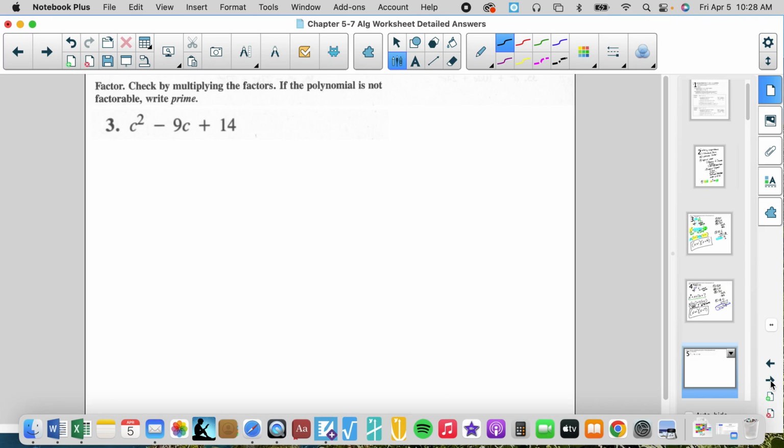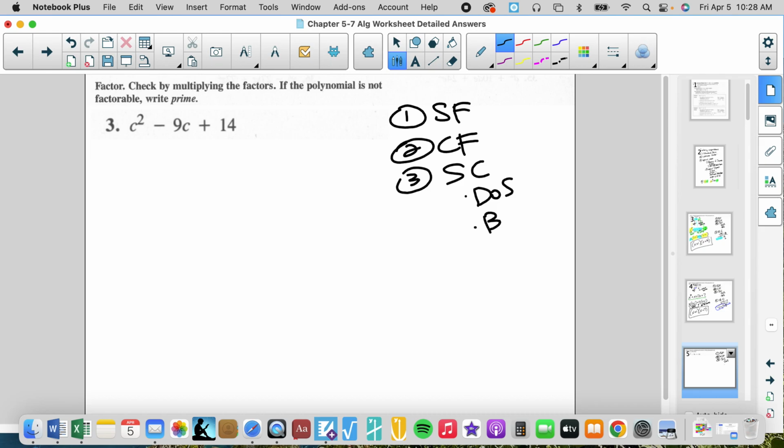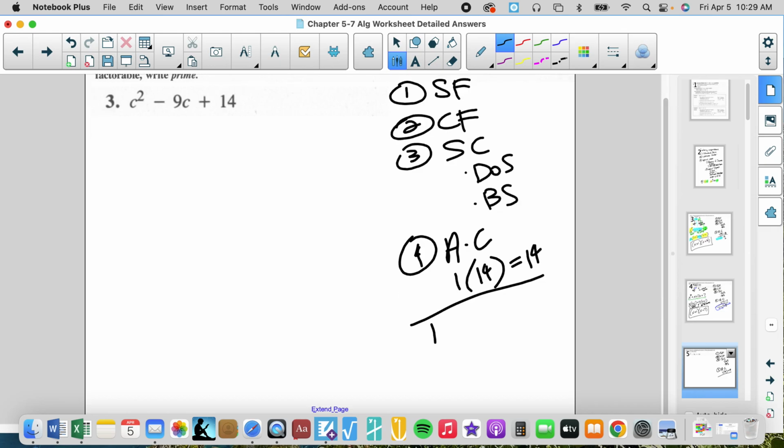Okay, so let's go through. Standard form, yes. Common factor, no. Special case, not the difference of squares, not a binomial square either. I'm going to do a times c. My a value is 1. My c value is 14. So now I have factors of 14: 1 and 14, 2 and 7. That's it. My signs are